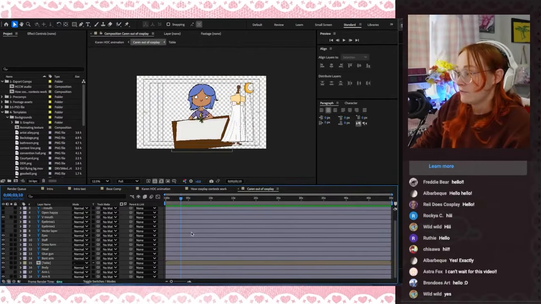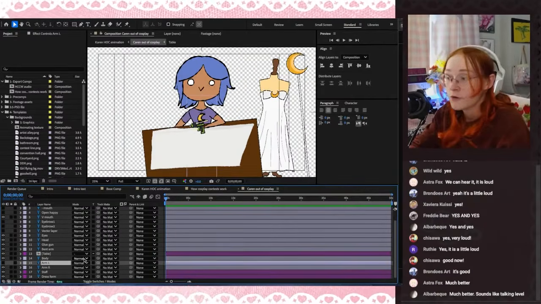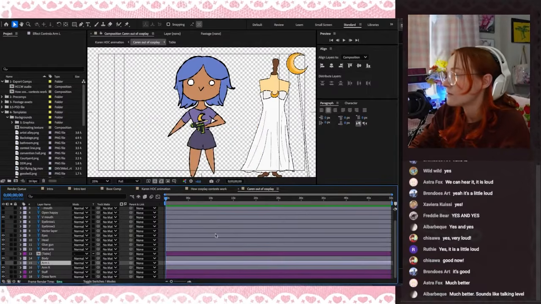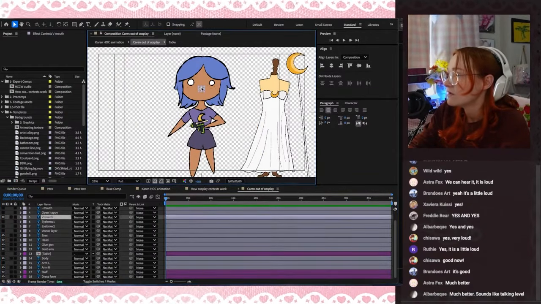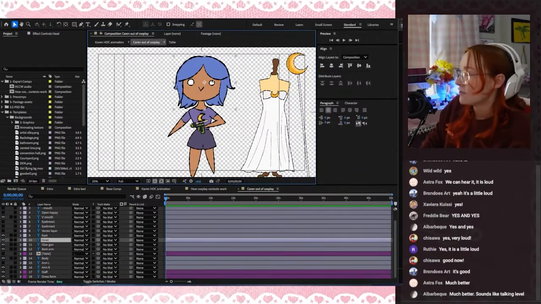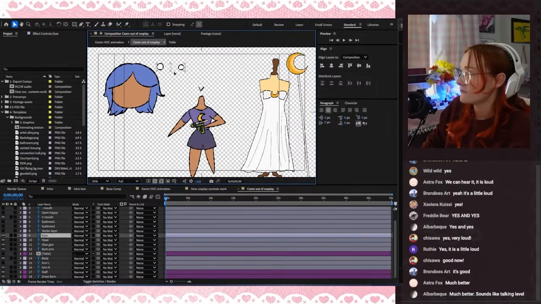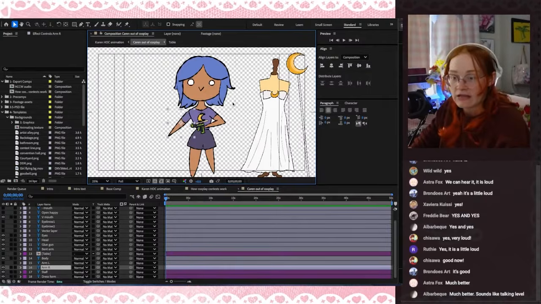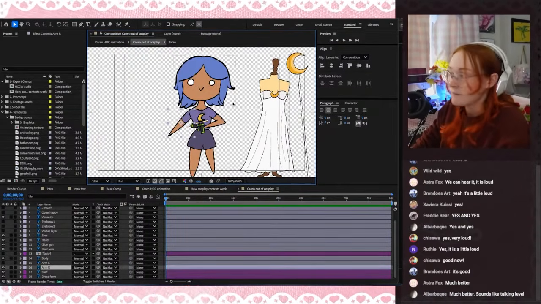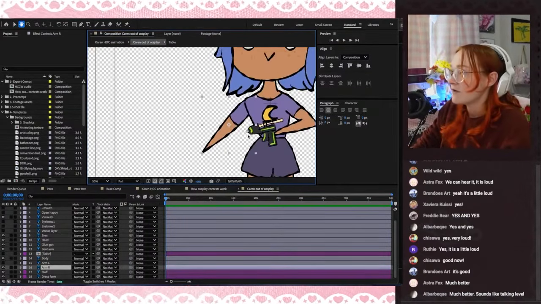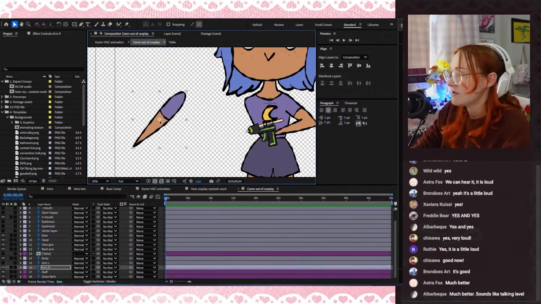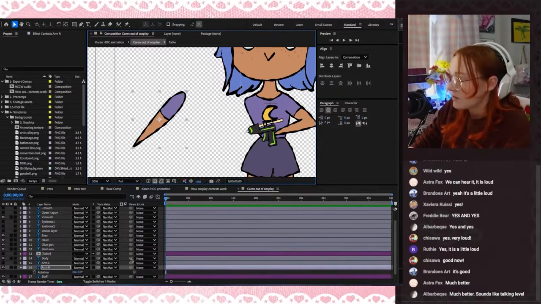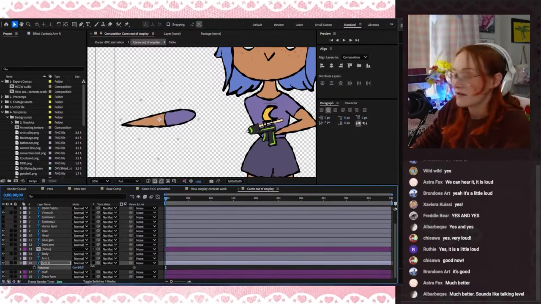So, first things first, I need to rig up Karen. If you don't know what I mean by rigging, I will make the table go away so I can see what I'm doing. Basically, what I have here is a bunch of layers, right? Her head is a separate layer, her eyes are a separate layer, her body, her arms, and that will let me animate them essentially like she's a little puppet. But when you bring these files in, you see this little guy right here? That's the anchor point of the layer. When that is here, if I go to rotate it, it's going to rotate like that,